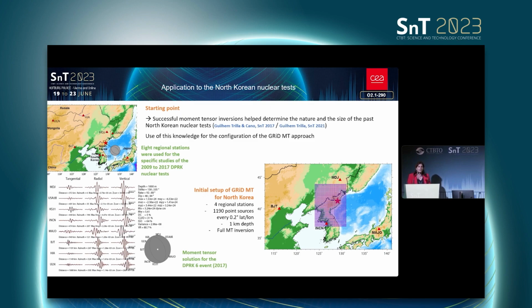So we have had in the past very successful moment tensor inversions that were obtained for all the DPRK explosions. So we use this knowledge to implement and configure the GridMT system for North Korea. From the 8 regional stations that were used for specific moment tensor inversions, we decrease this number to only 4. Those 4 stations you see here on the map by the red triangles still give us a correct azimuthal coverage